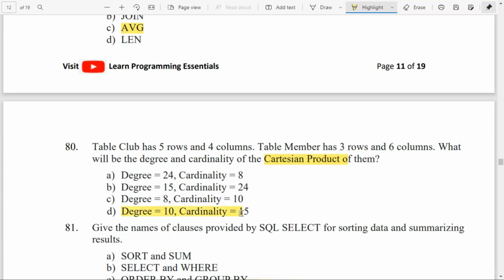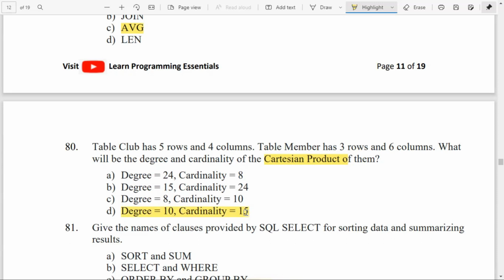So when you are doing a Cartesian product, degree stands for the sum of the degrees of each table. That means you have 4 columns in the first table plus 6 columns in the second table. So both the tables' degrees you have to add up.